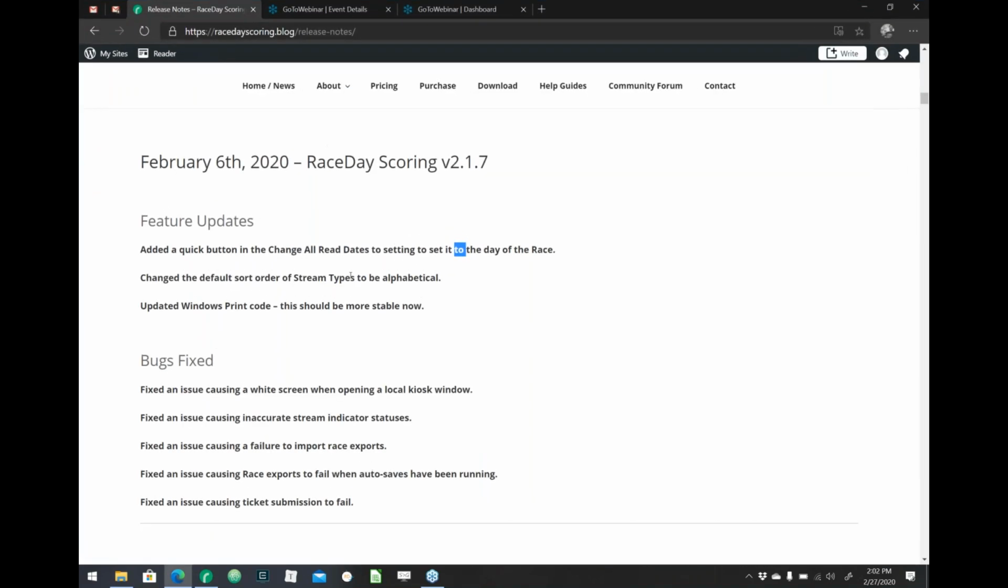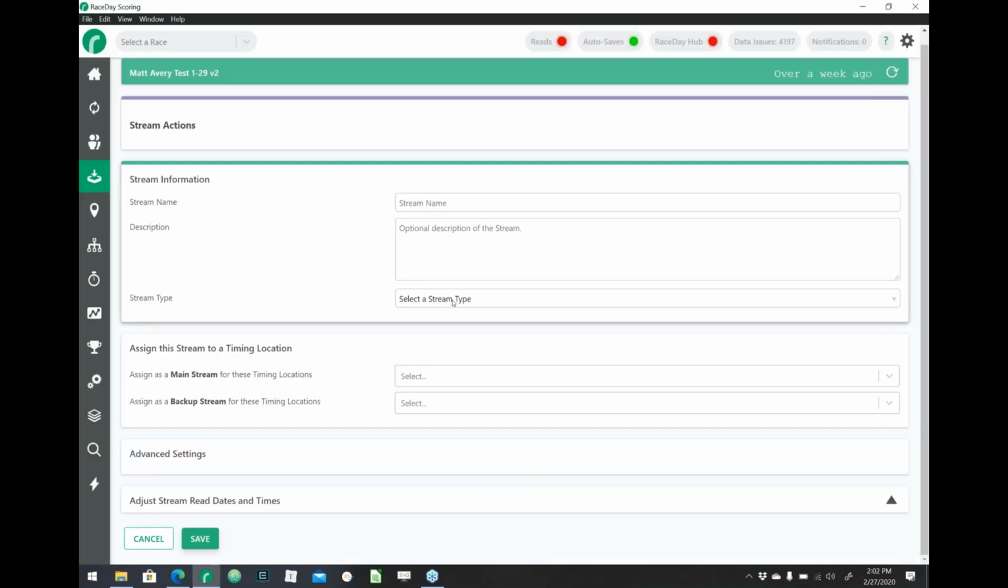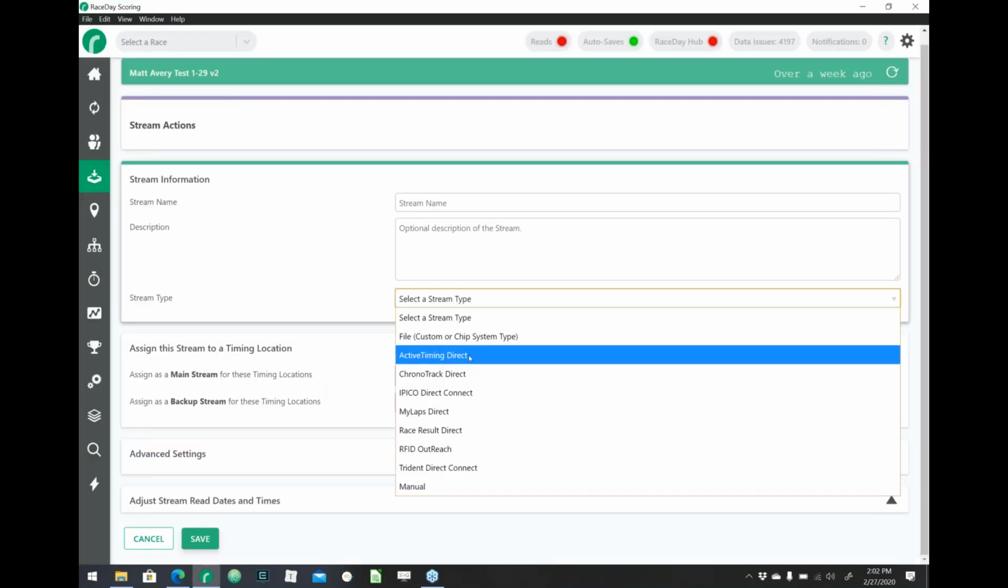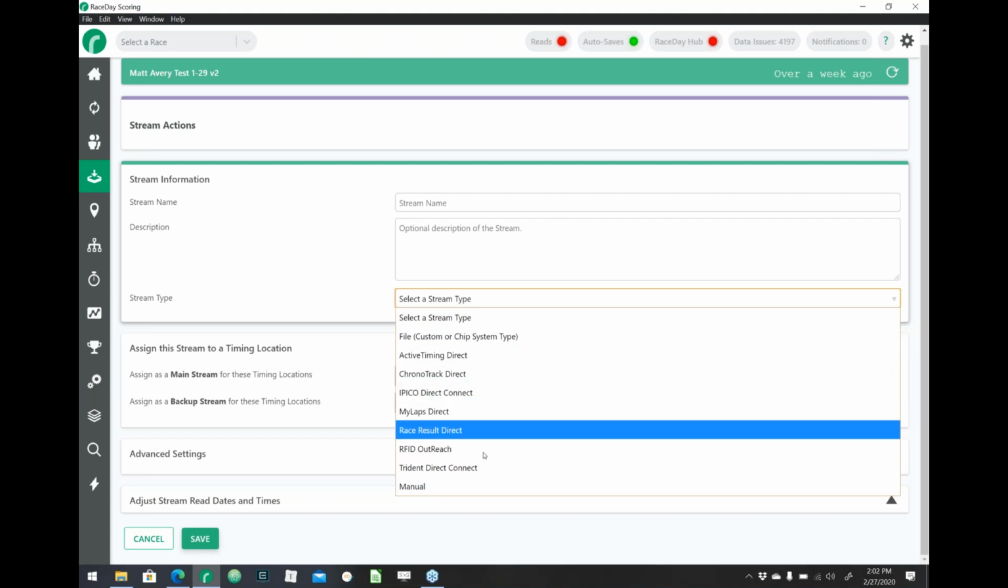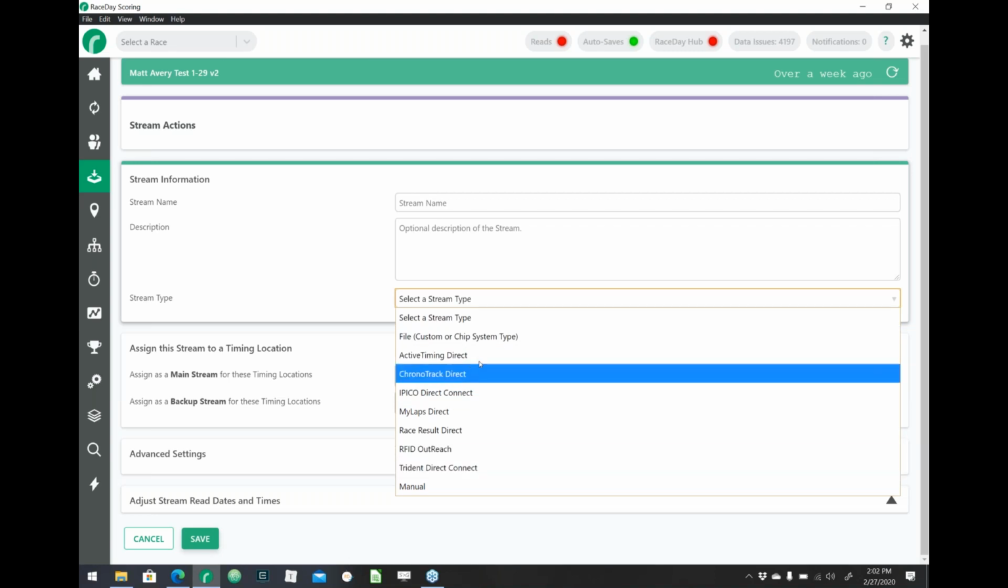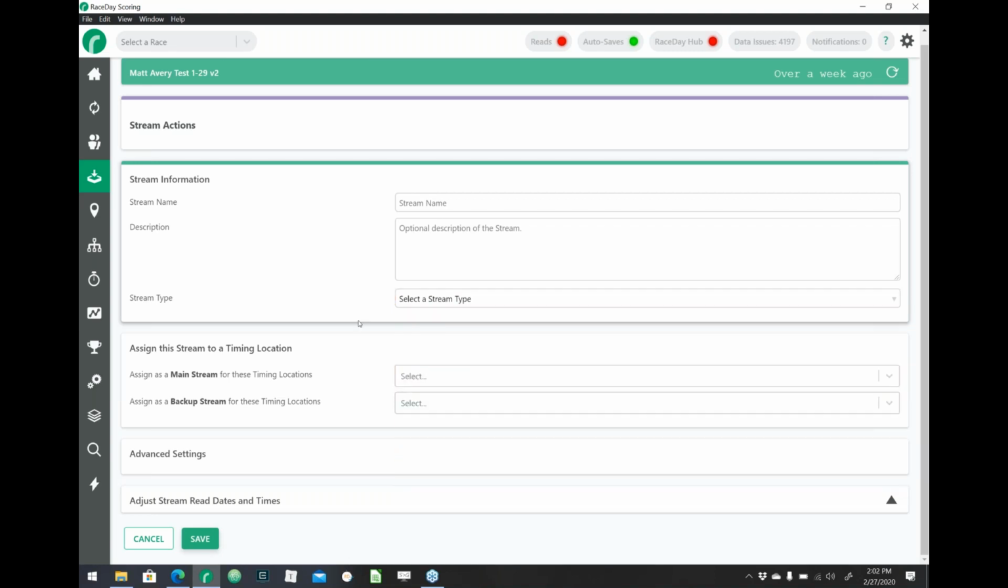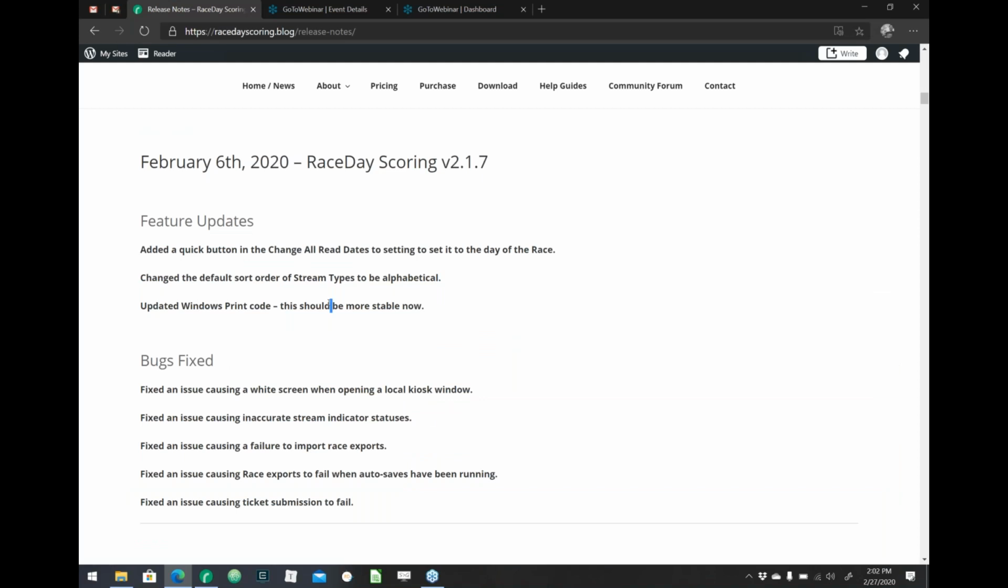All right. We changed the default sort order of stream types to be alphabetical. Pretty straightforward, but someone was asking that the stream titles here were just sorted by alphabetical order instead of seemingly random order. We updated a bunch of our Windows print code, so we kind of did a full overhaul